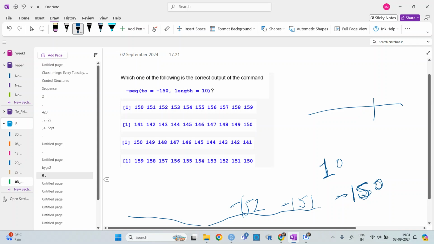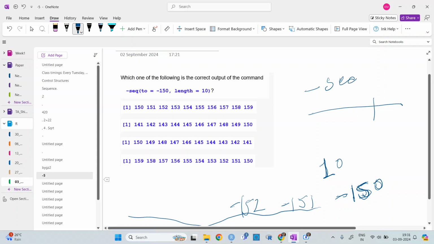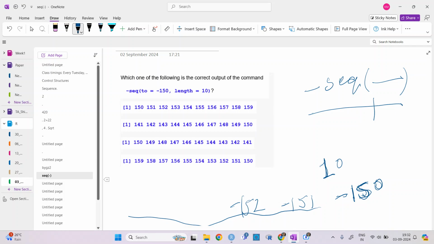Option E or option D? It will be option D. If you write minus of sequence and the values, that means the values will be multiplied by minus. Okay. Yes, ma'am. But it will start from 150.